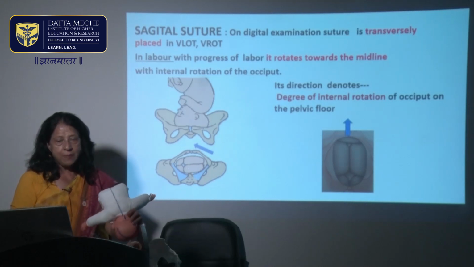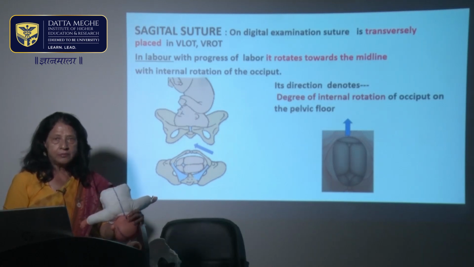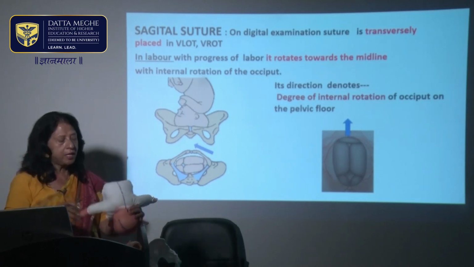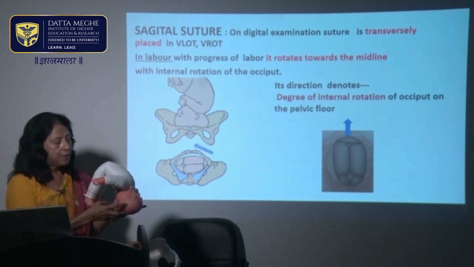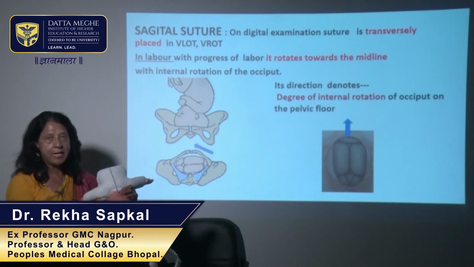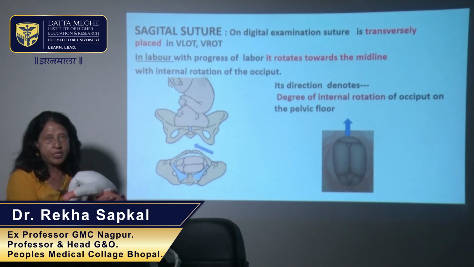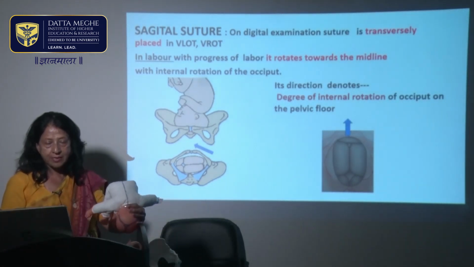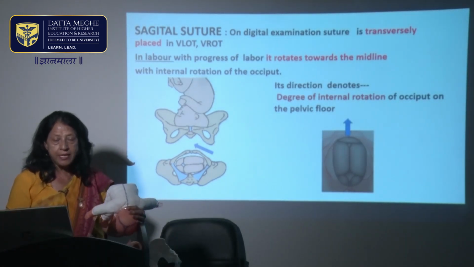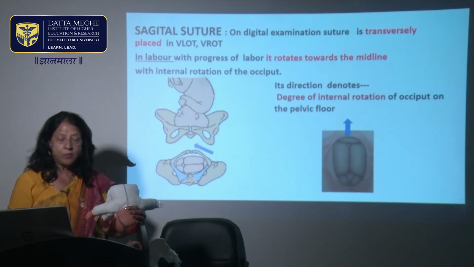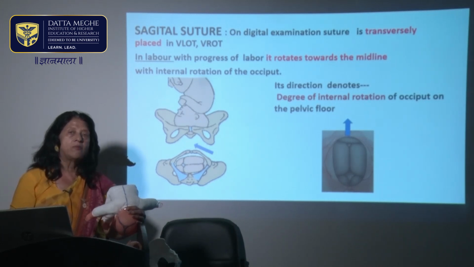If it is transversely placed, when the head enters in the transverse diameter of the pelvis, then it rotates towards the midline in the second stage of labor when it is on the pelvic floor, and this rotation should be identified by PV examination. That is known as internal rotation. The degree of internal rotation is very, very important in labor because